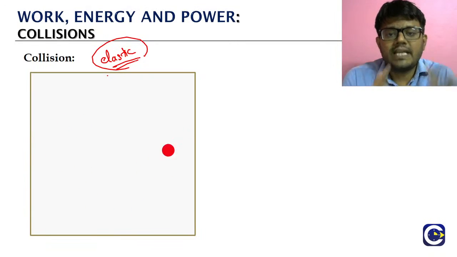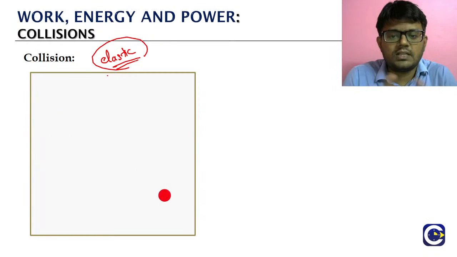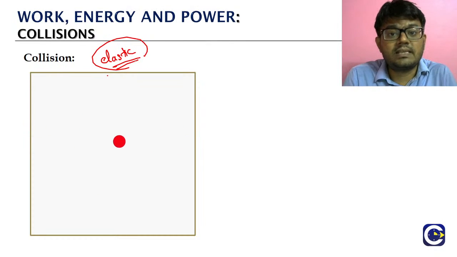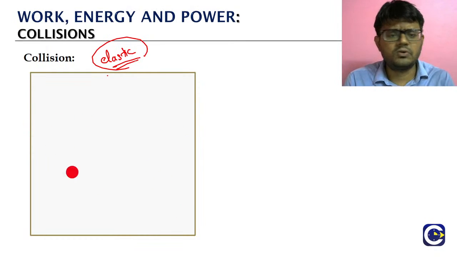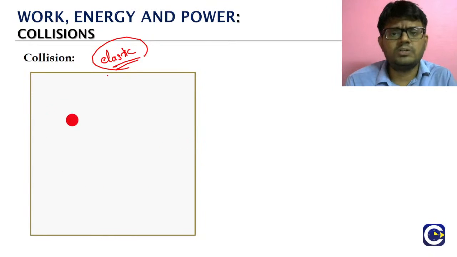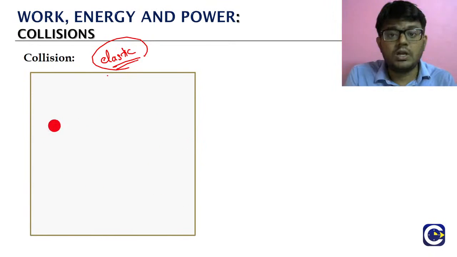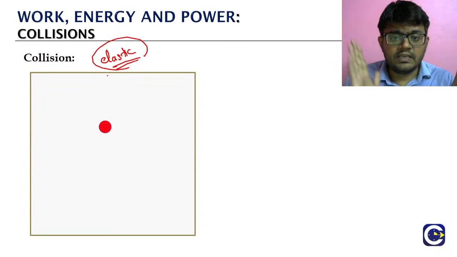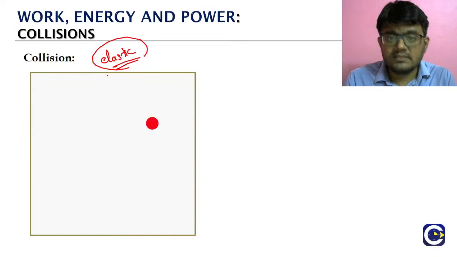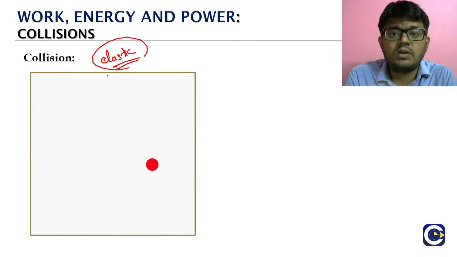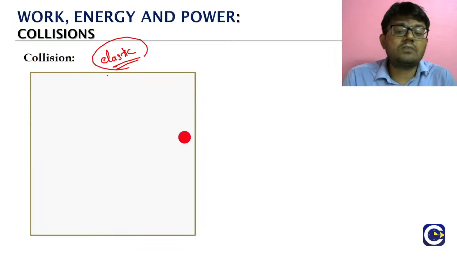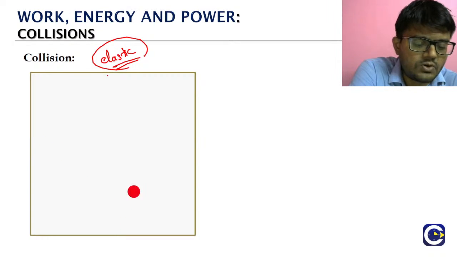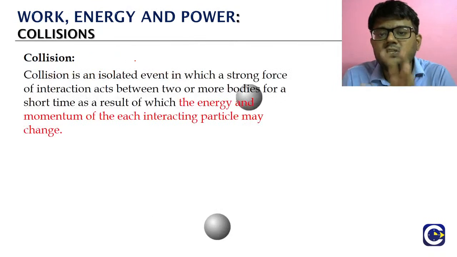If you want to put it as a definition, because these are all general understanding, okay, so this is also a collision, that is also a collision. We have seen a lot of examples of collision. Hitting the ball with a bat is also a collision. Throwing a ball at the wall is also a collision. Even when we clap our hands, that is also a collision, because both hands are colliding with each other. So all these are examples of collisions that we can think of. But let us go and see how we can define the collision phenomenon.